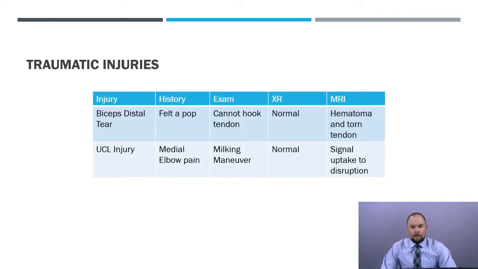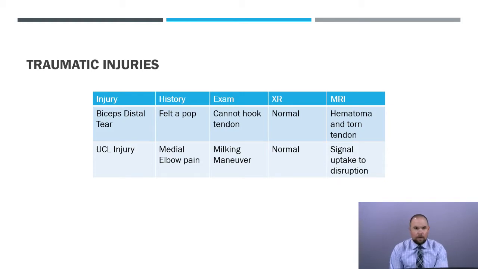So like I was talking there, the distal biceps tendon is an injury that we do see. Typically someone will state they hear a pop. They'll typically have quite a bit of bruising on the posterior elbow and pain with range of motion. Again, trying to hook that tendon in the antecubital fossa, which will not be able to be done if this is torn. You can also compare to the contralateral side to see if there's any difference,